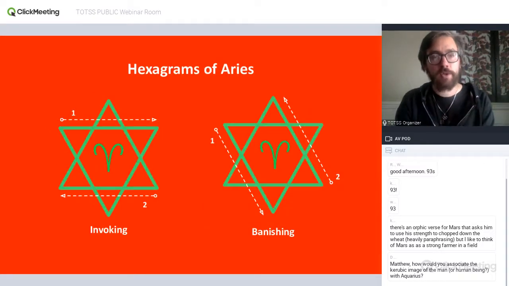So as we talked about, this will be your hexagram of Aries. You're drawing it exactly the same way as your Mars, and actually this one lines up, so the colors here are the same as the hexagram of Mars, but we'll see others that are not the same. You're drawing it in exactly the same way as you draw the hexagram of Mars, but then you're just drawing the Aries glyph in the center.